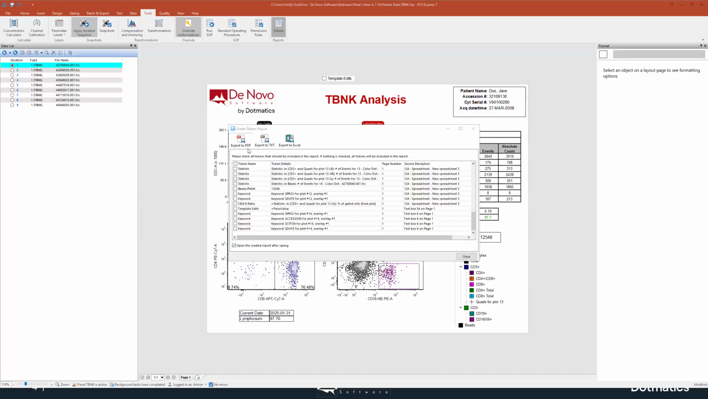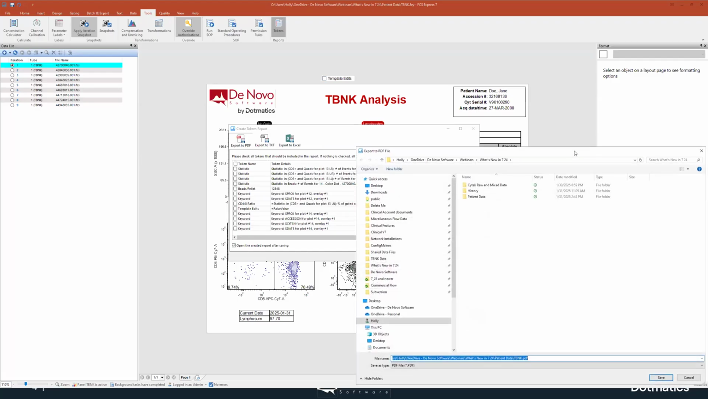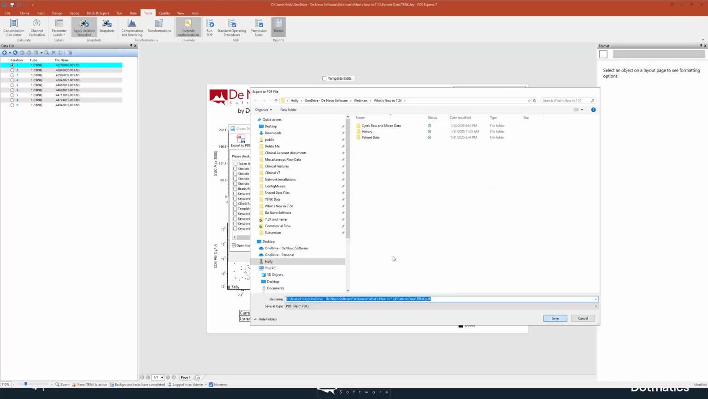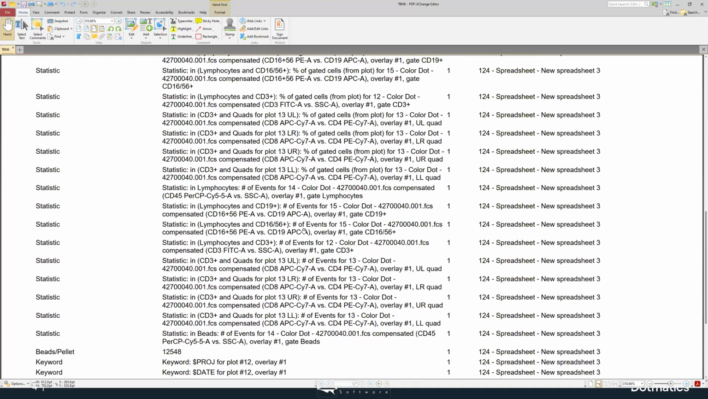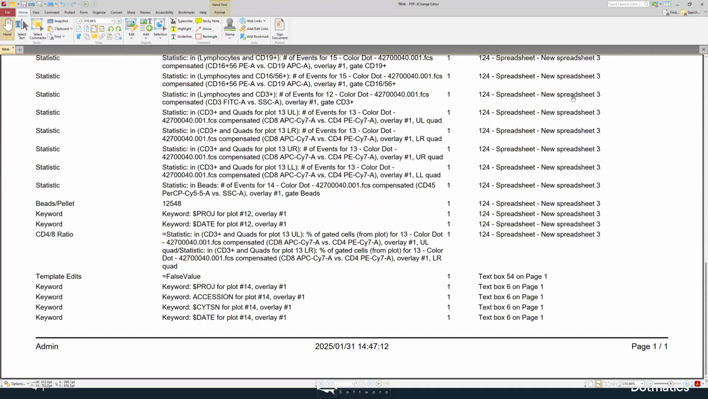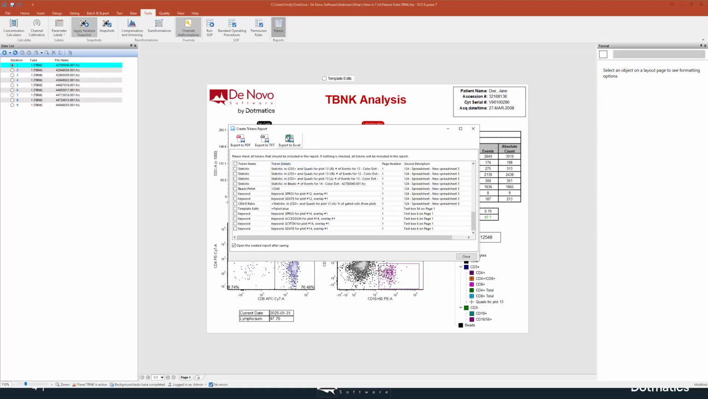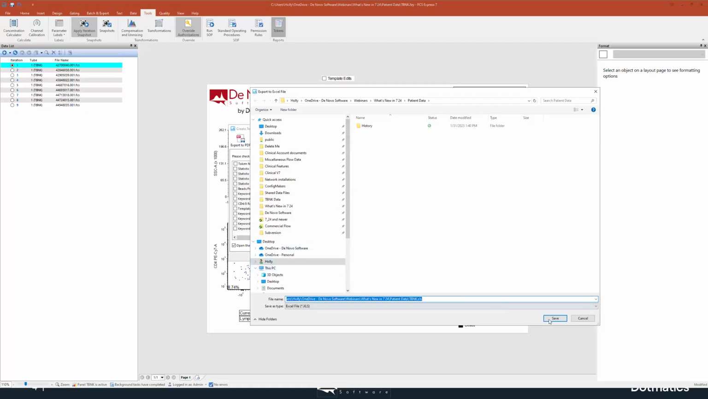We can go ahead and export these really quick so we can take a look at it. Okay. It pops up pretty quick. So here's our tokens report. It just simply lists all of those things here as a PDF with the date and time and who exported it. I personally like the Excel spreadsheet